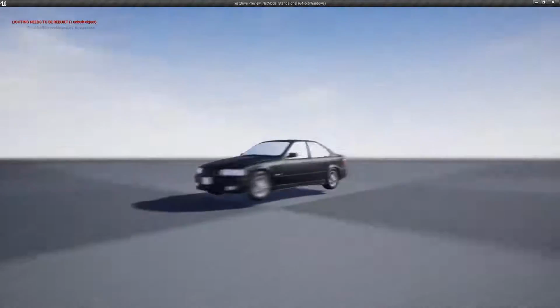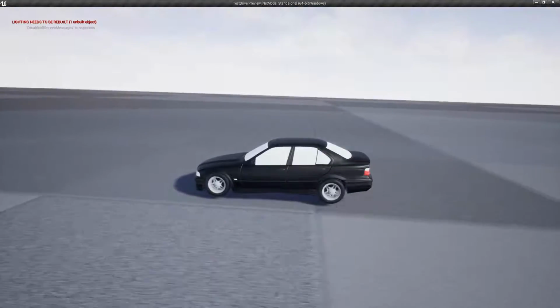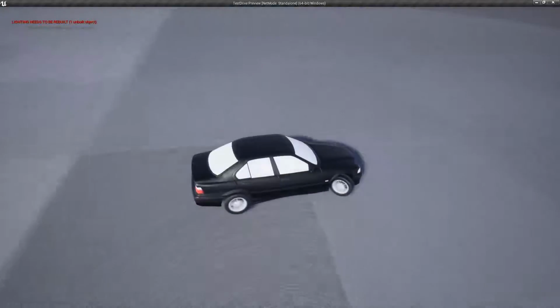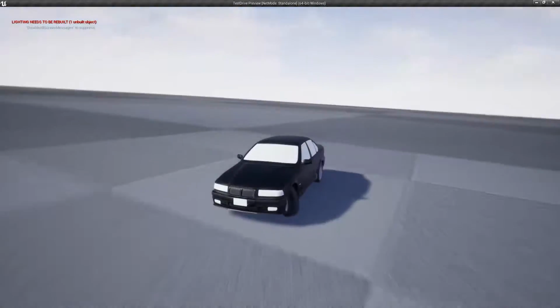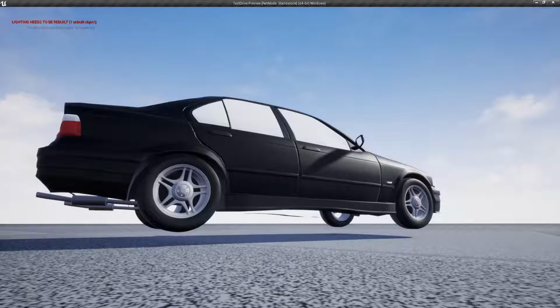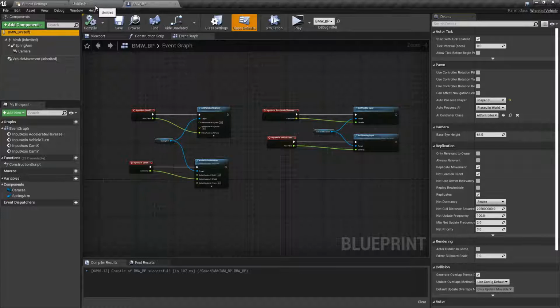There is our vehicle. We can move the camera around, we can drive forward, we can stop, we can reverse, we can turn the wheel and drive, and it works. Awesome, awesome, awesome. You will notice though that the wheels are floating off the ground, and I will show you why, so that you understand why that is the case.